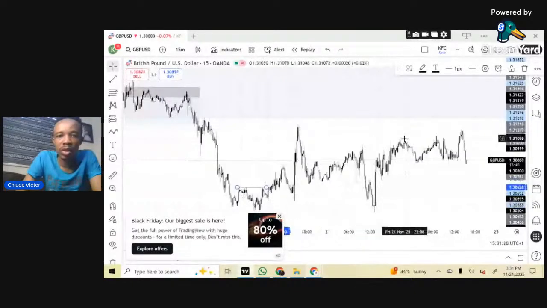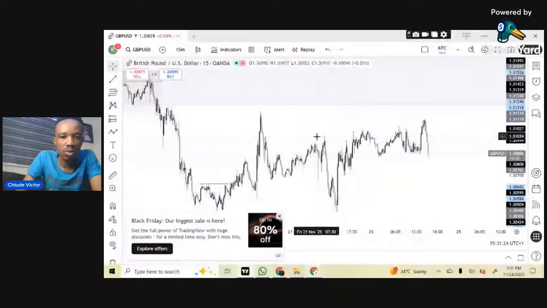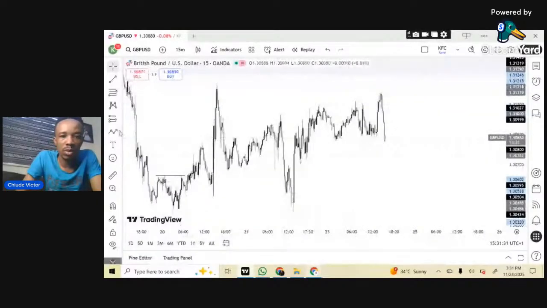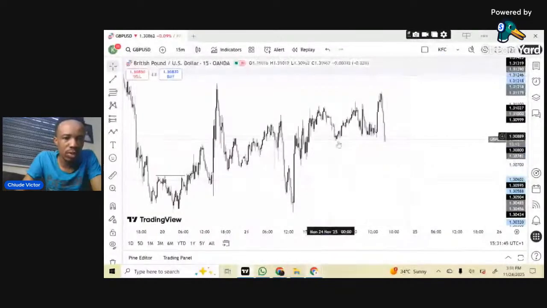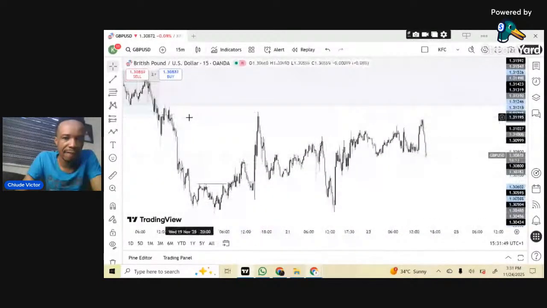So what we need now is for price to... once we get the confirmation on the dollar index, like we always do, all we need from the GU is to give us the market shift. It's already giving us the market shift already, because it's taking out this.